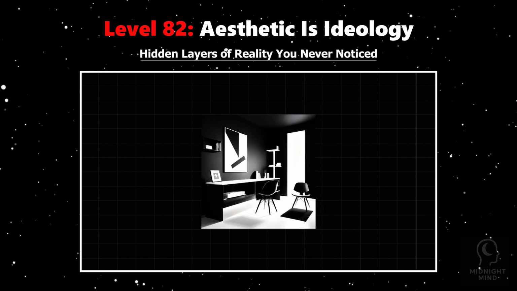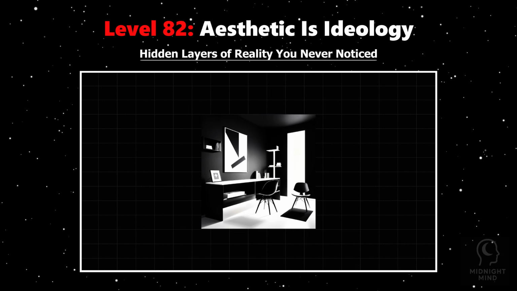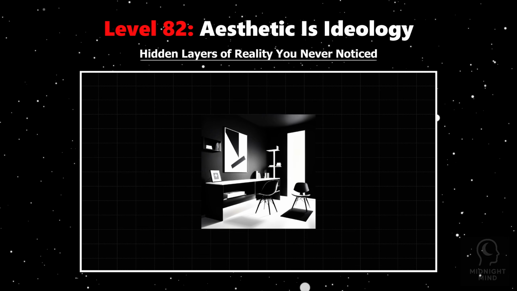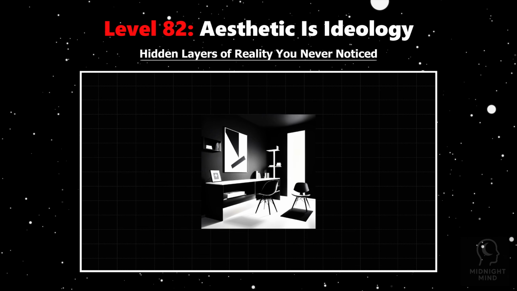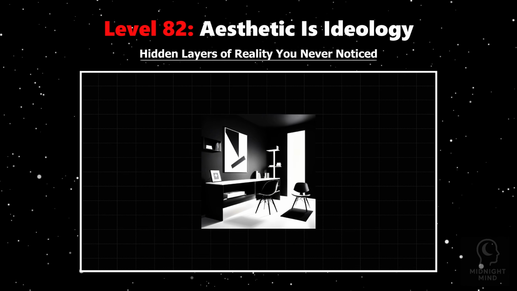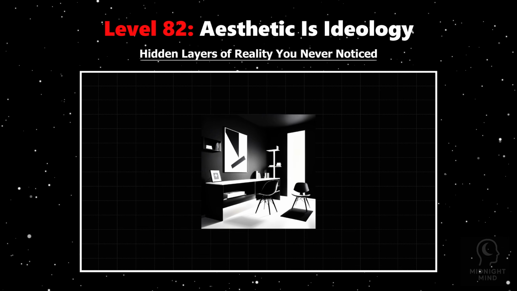Every era's art and design express dominant values and norms. For example, the minimalism craze reflects ideals of efficiency, control, and order prized in modern capitalist societies. The preference for bright colors or certain patterns may be tied to cultural signaling or status. Even the seemingly innocent appeal of symmetry taps into evolutionary wiring, but also into long-standing ideas of perfection and hierarchy. Advertising and media constantly reinforce these visual codes, training us to desire what sells power and privilege.